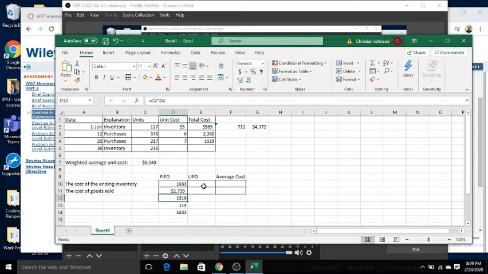And now for LIFO, it's a little different. It assumes last in, first out. So the ending inventory will be comprised of our older units. In this case, we will begin with our beginning inventory of 117 units times $5. So we'll go down here. So multiplying that times $5,